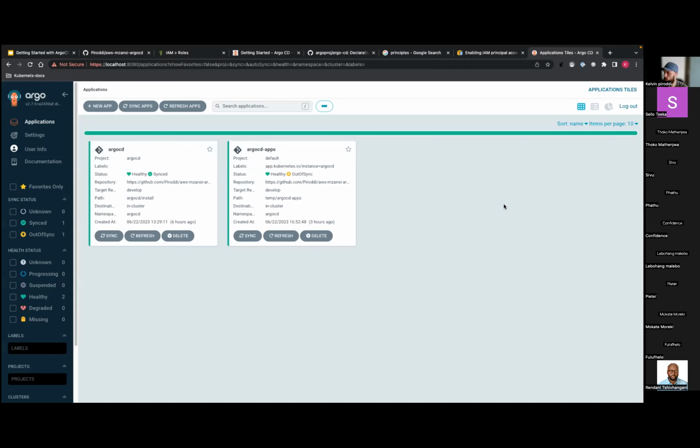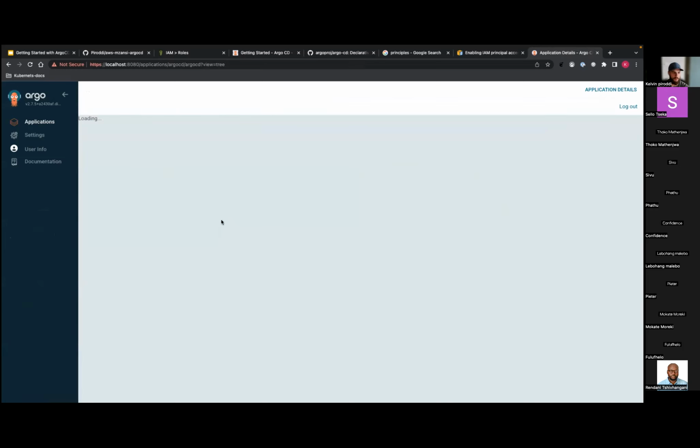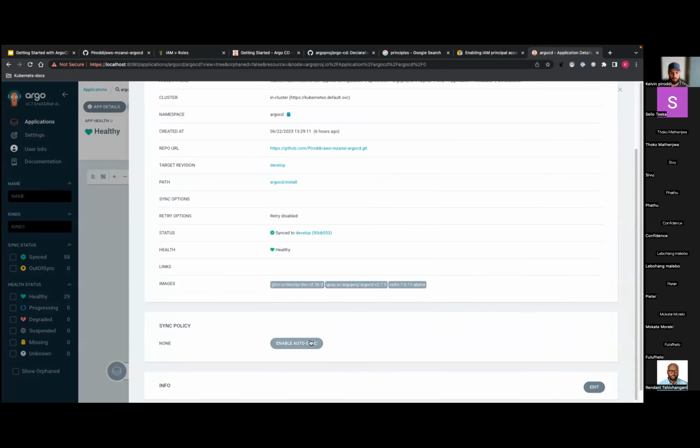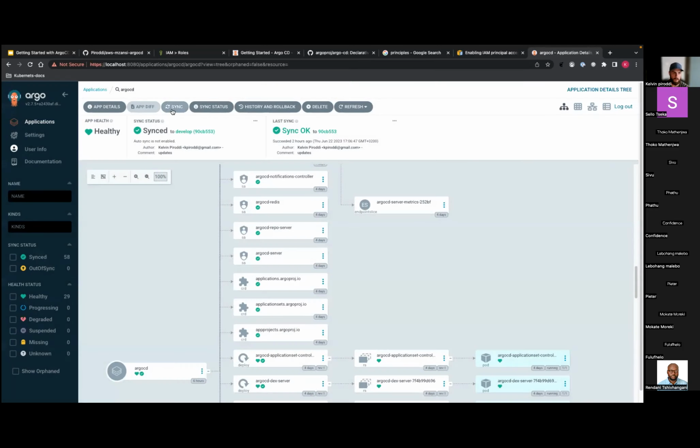But obviously in a production environment, you wouldn't like that. So you can configure webhooks, like in GitHub, or you can use CodeCommit as well, which tells ArgoCD, hey, something's changed. And then when something is changed, ArgoCD will show this thing which says out of sync. This is an example of an application. You can tell ArgoCD to enable auto sync, but now it's disabled. So if ArgoCD picks up a change and auto sync is enabled, it'll automatically apply that change, or it will wait for a person to come and sync.